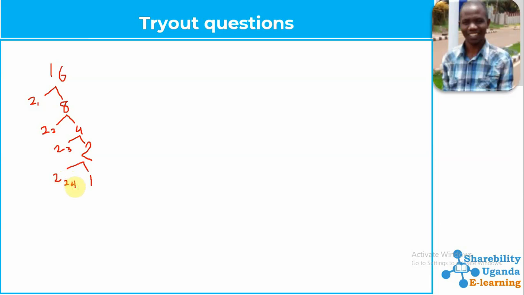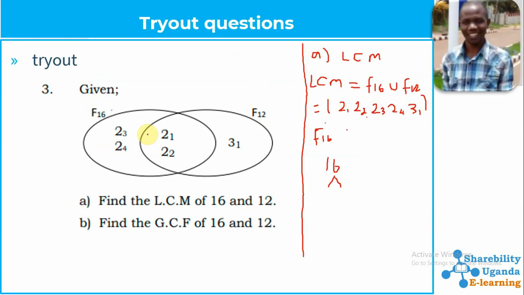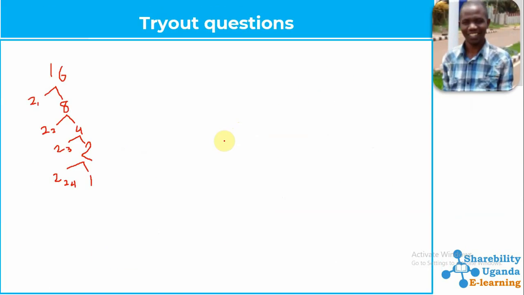For the fourth time. Okay, so now this clearly shows us that 2^3, 2^4, 2^1, 2^2. Then also we have what we call a 3 here. Okay, a 3 here. Using the same method, that's how we can also get the prime factors of